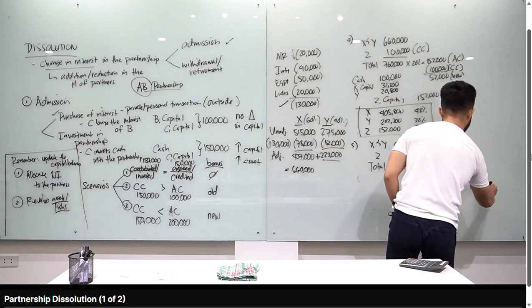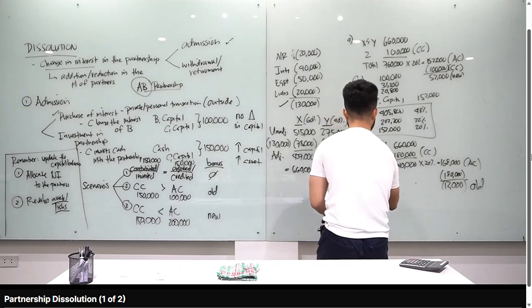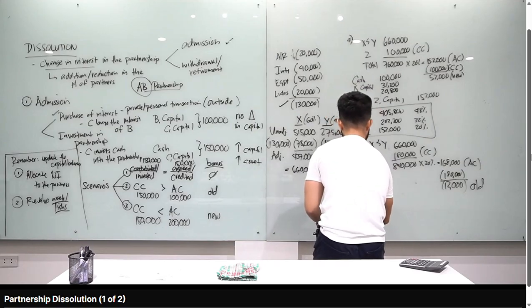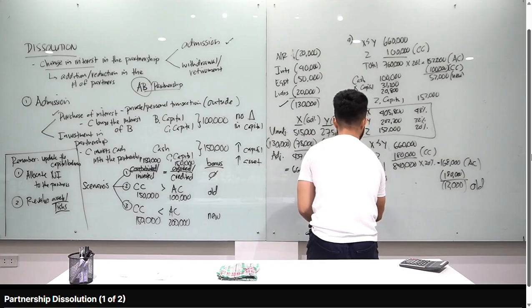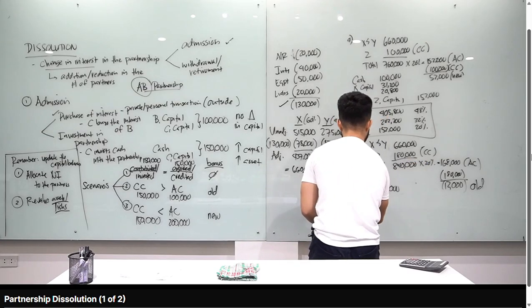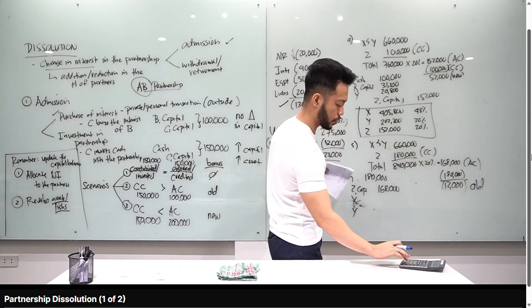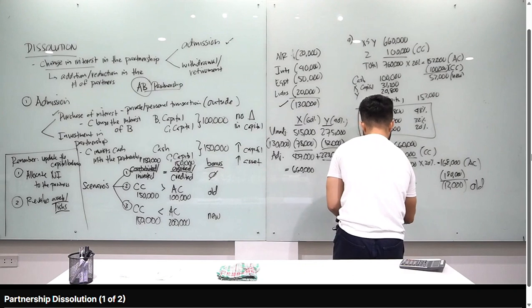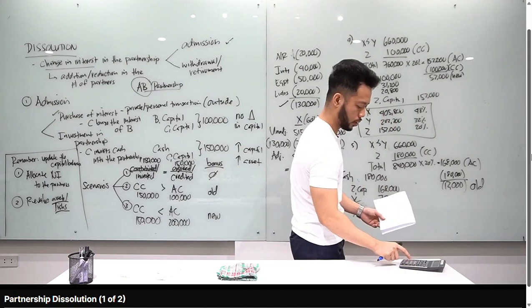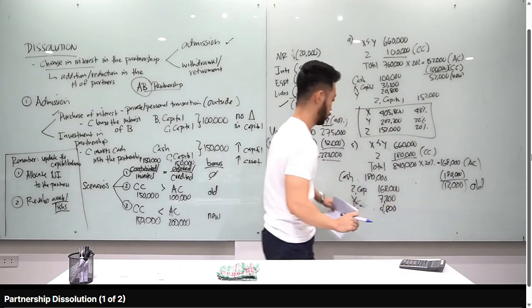Okay? Bonus to old. So if we journalize that: debit cash, 180,000; credit Z capital, 168,000; credit X capital, credit Y capital. How much is the difference? 12,000 times the old P&L ratio: times 0.6, 7,200. And then 12,000 times 0.4, you have 4,800. There, this is the journal entry.